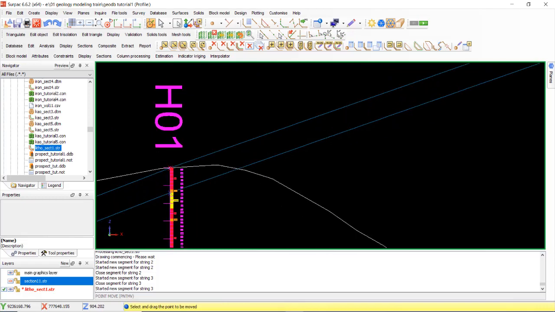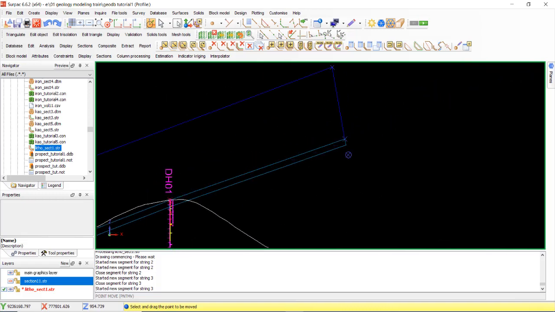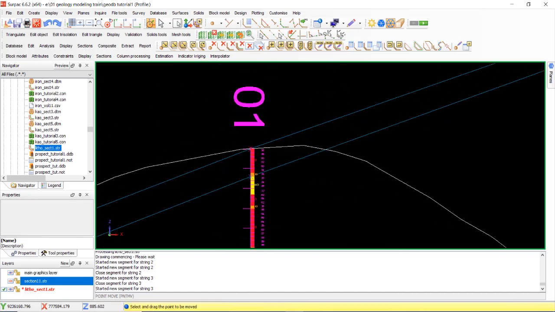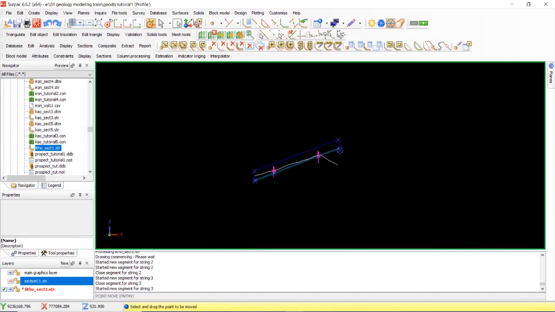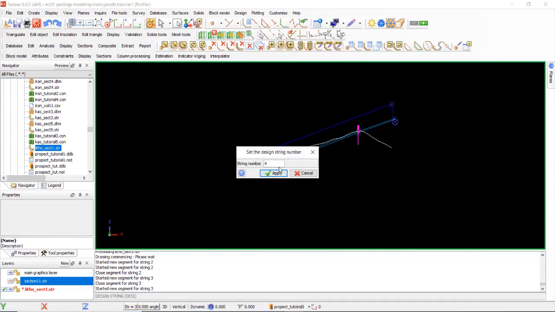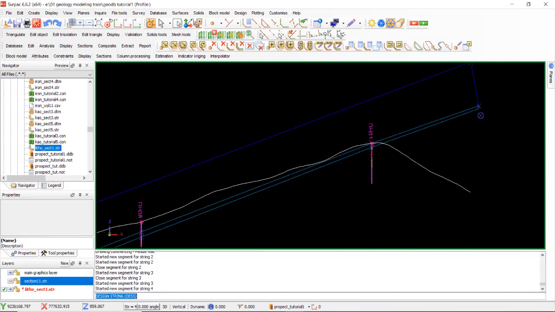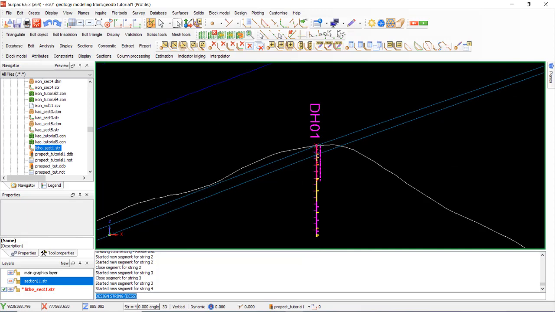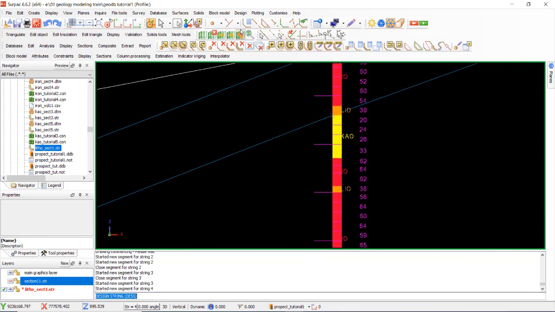Okay, straight line, but still need to move. Good. Escape. Select string 4. String 4 is for layer 3. We have 1, 2, and next 3 is coordinate.